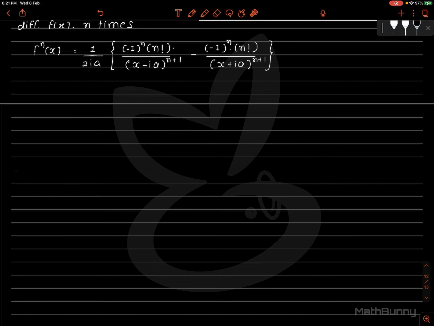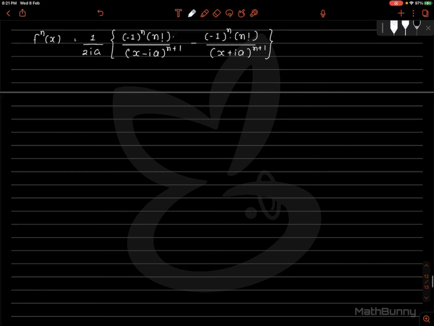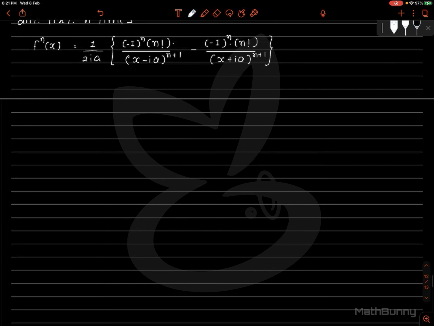You can see this answer is correct, but this answer is in complex form. The question is not in complex form. So if possible, we are supposed to give the answer the same way as the question. So next, to convert it, we will write